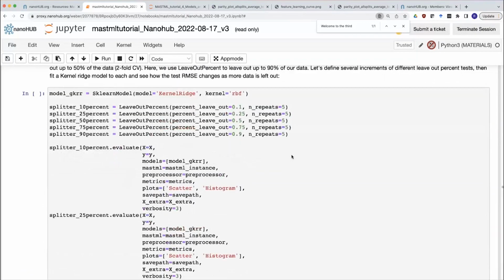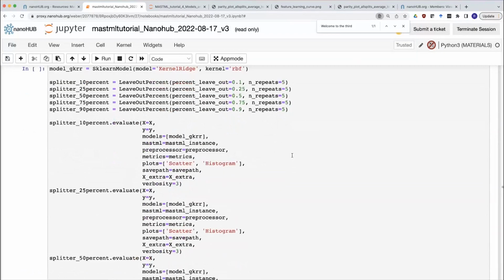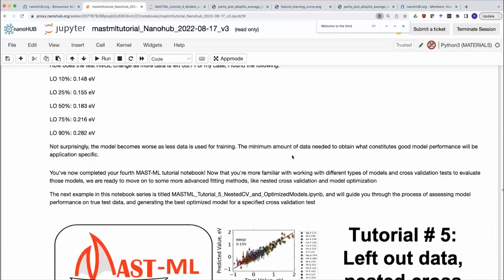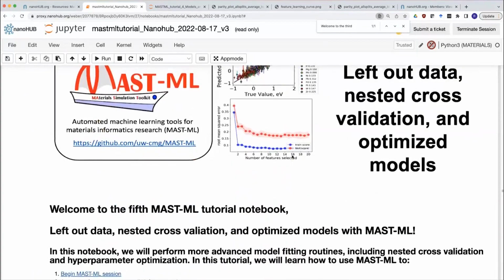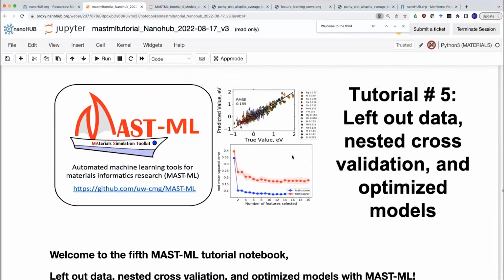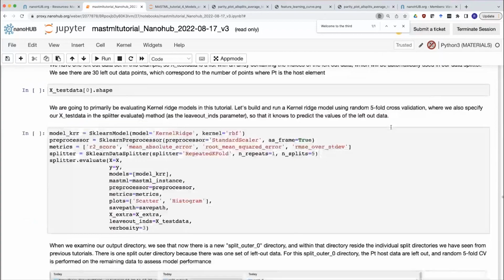I just want to highlight that the remainder of the tutorials are focused on the latter parts of the model development. For instance, hyperparameter optimization can make a big difference in our model performance, as Ben showed for the bandgap case. Tutorial 5 shows you how to use MAST-ML to optimize models and compare model performance between an unoptimized model and an optimized model with kernel ridge regression. And then the sixth tutorial